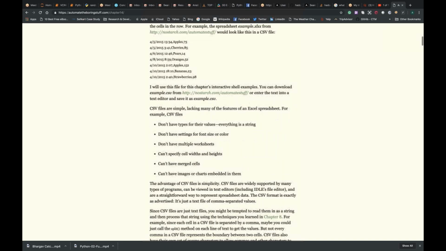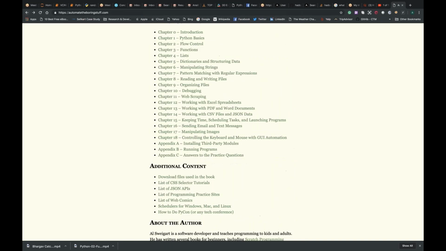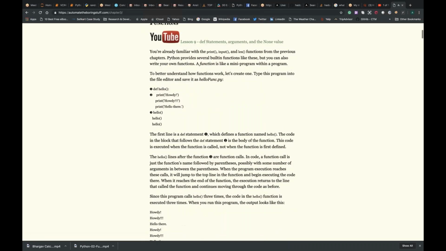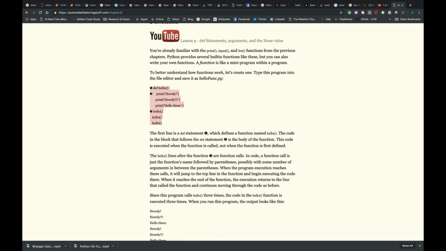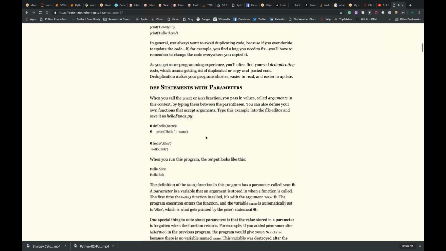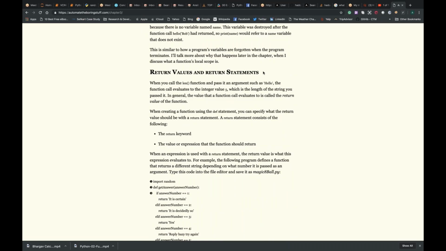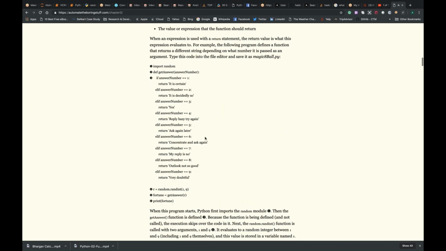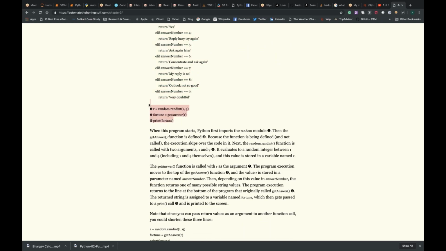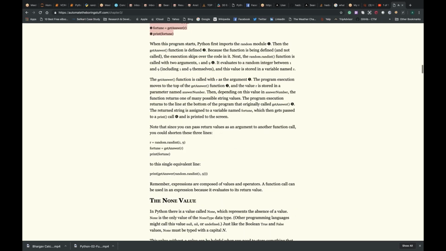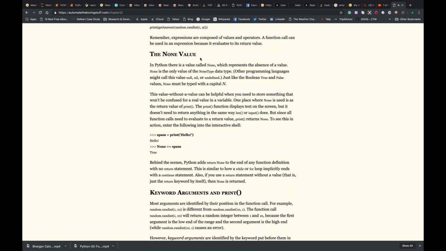So I would request you to go to functions, and in the functions section you see the normal function, and then he tells you how you define the function's parameters and how the return statement works. And if you see here, he has imported the random module like what we did, and here he used a random number from 1 to 9. We already did that. The None value, I showed the None class and non-None class for you.